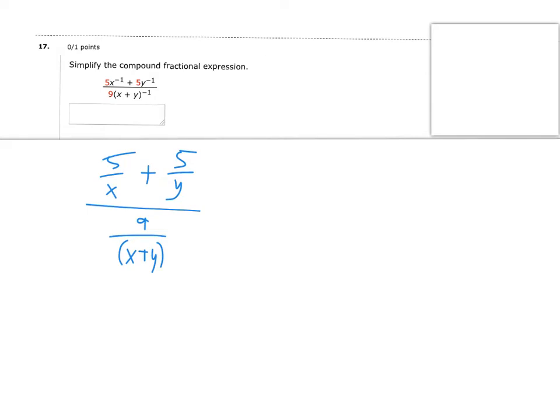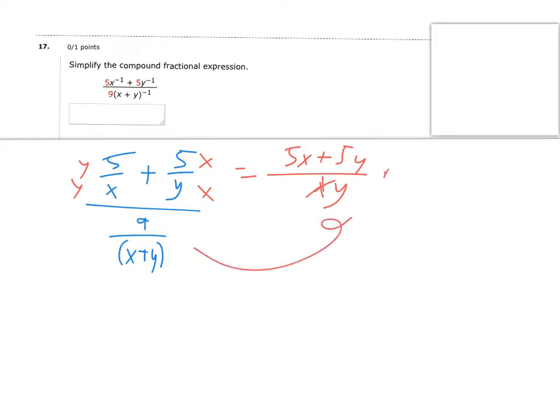Can't drop them to the bottom of the big fraction because of the addition. So now I'm going to do some common denominator here. So we're going to multiply this by x and that by y. It's going to be 5x plus 5y over xy. And then I can go ahead and multiply by the reciprocal here. So times x plus y